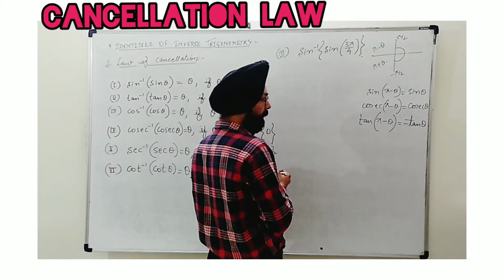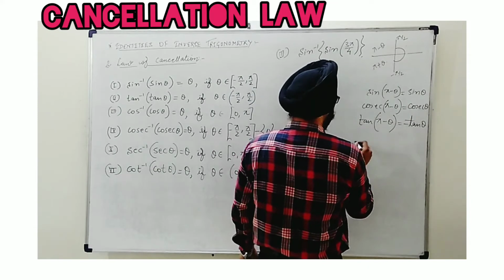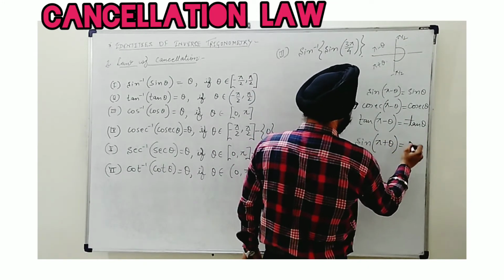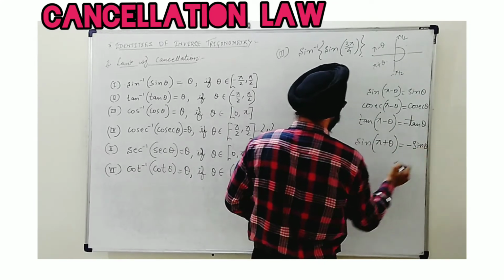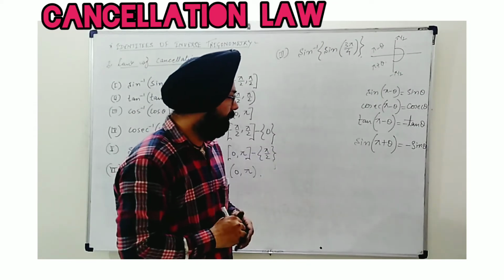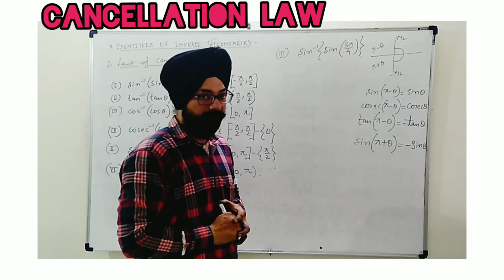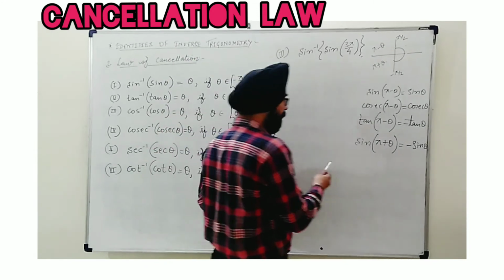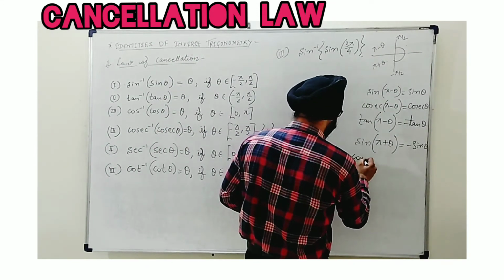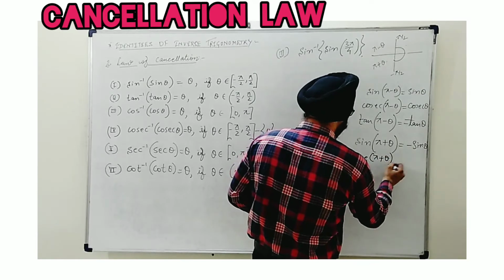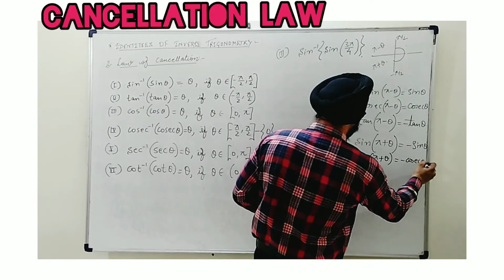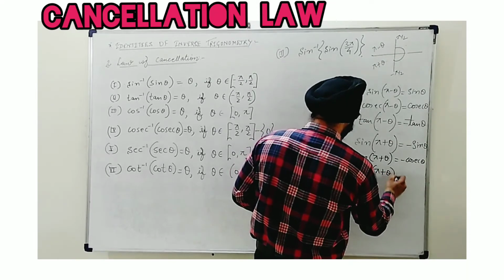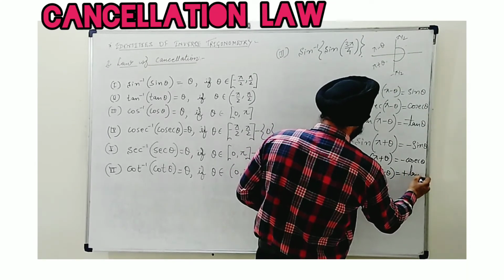Next group is pi plus theta. So when I take sine pi plus theta, it is equal to minus sine theta. See, this is for your convenience. Otherwise, it is understood that whatever you have seen in earlier classes should be applied. So next we are doing cosec pi plus theta. This will be minus cosec theta. And when we take tan pi plus theta, it becomes plus tan theta.